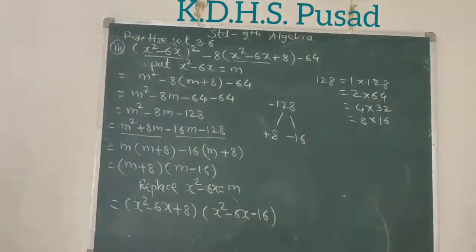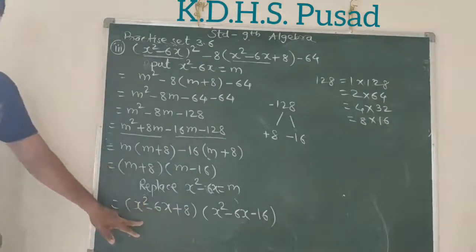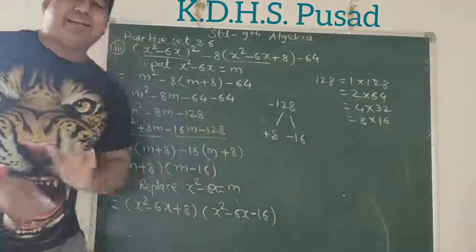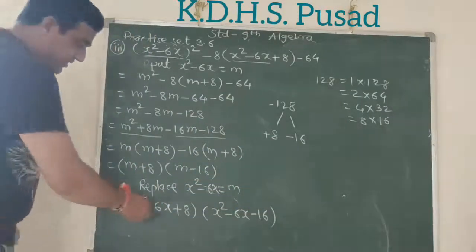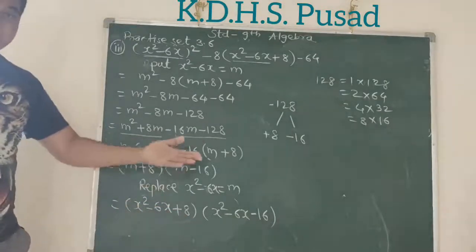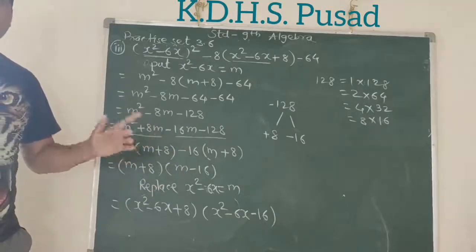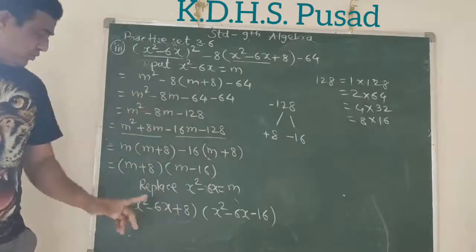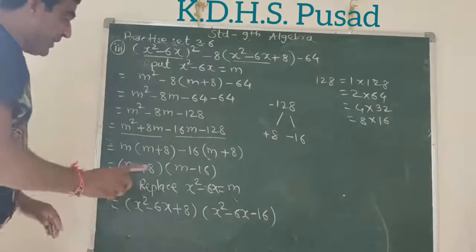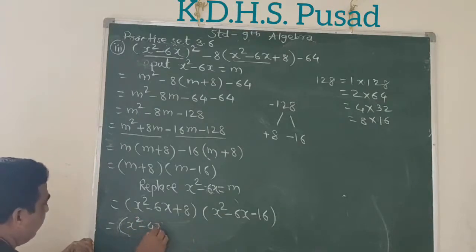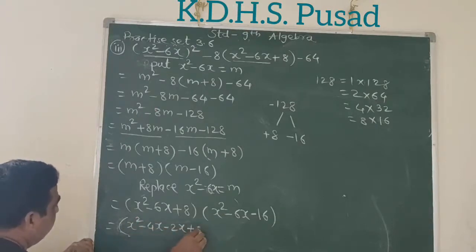We got these two. Now, if we consider only one, that is a quadratic trinomial. That is also a quadratic trinomial. So, can we factorize this? Product 8, addition 6. Yes, there are numbers. 4 and 2 are. Now their signs: product positive, so both positive or both negative. Addition is positive, so both are positive. So here, using square bracket, simple bracket, x square plus 4x plus 2x plus 8.